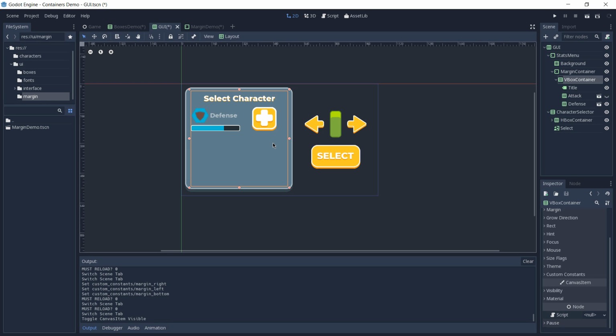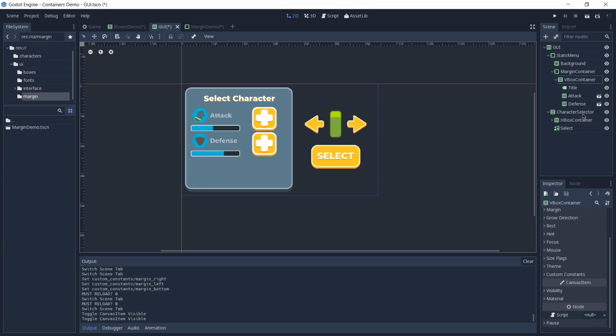to worry about it. So if we wanted to add more types of stats to our character or remove some because the character is a mage, so it doesn't have an attack, it has a skill stat, we wouldn't have to worry about arranging everything and making everything look pretty because the VBox container is already taking care of that